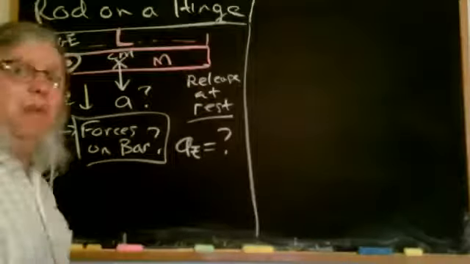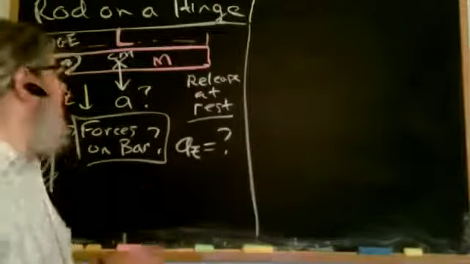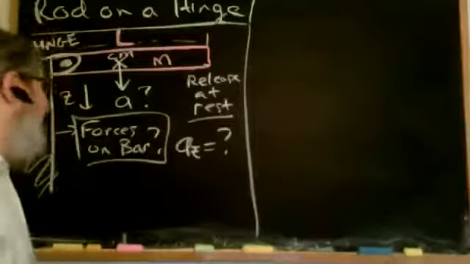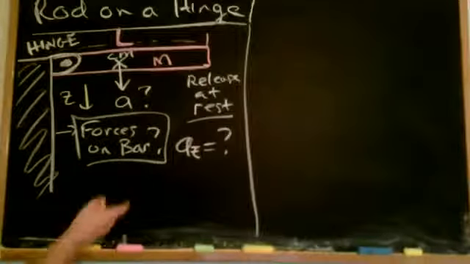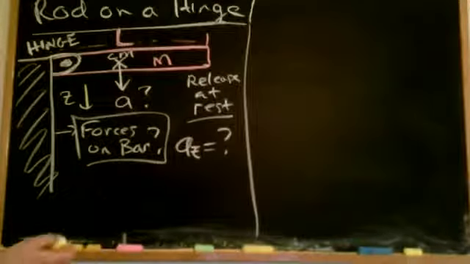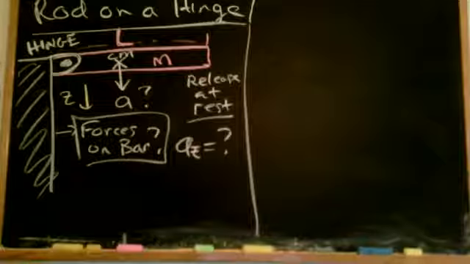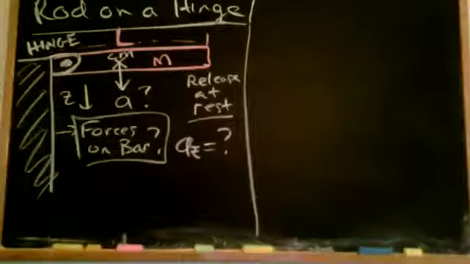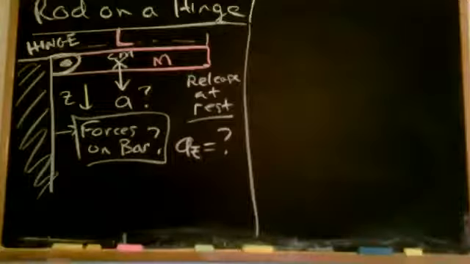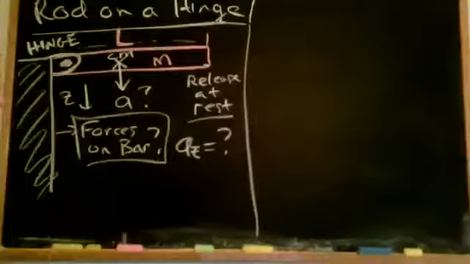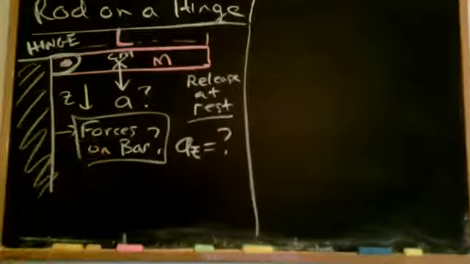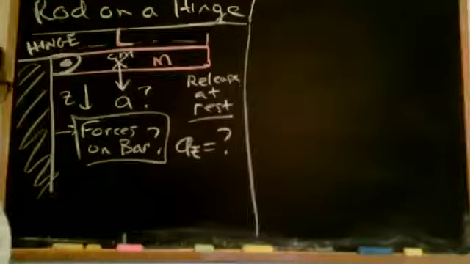It will apply a force in any direction so that it ensures that this piece of the rod stays put. So in general, we don't know what a hinge force is. We can't predict in advance either what its magnitude is or which direction it happens to be applying. But we can treat it as basically an unknown force that could apply in any direction. And for convenience, we'll break it into components so that we can work out what